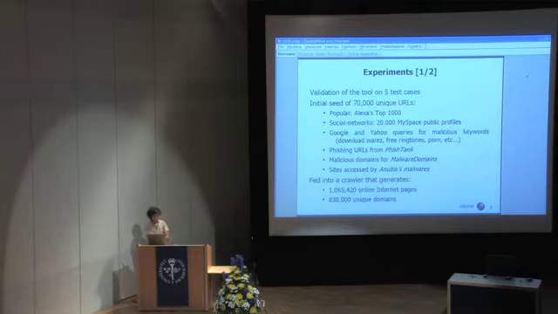And then we queried Google and Yahoo for malicious keywords in order to have a possible list of malicious sites. Then we extracted URLs from an internet database called PhishTank that provides a list of URLs that are used for phishing. The same was done with malware domains, a site that provides a list of domains that are used to spread malware. And finally, we used